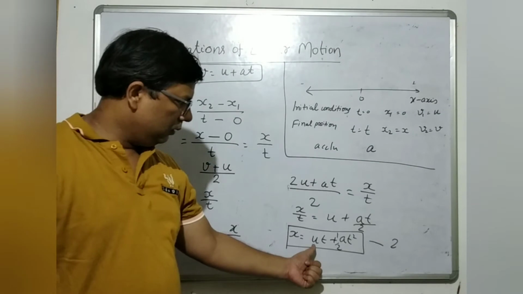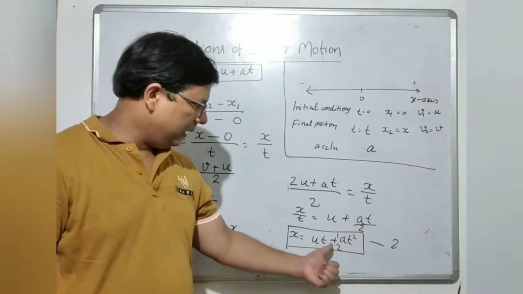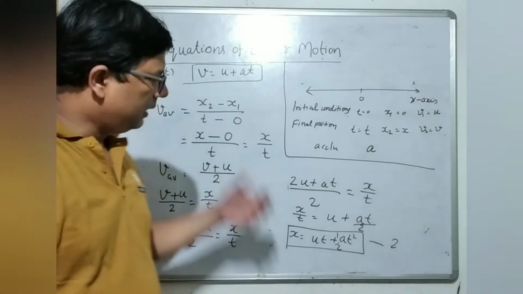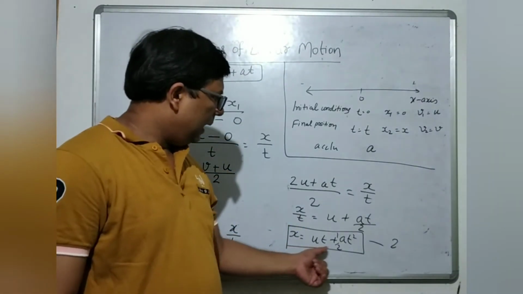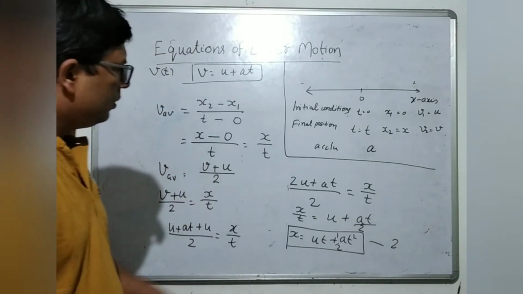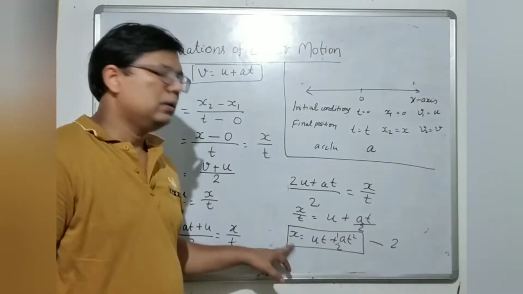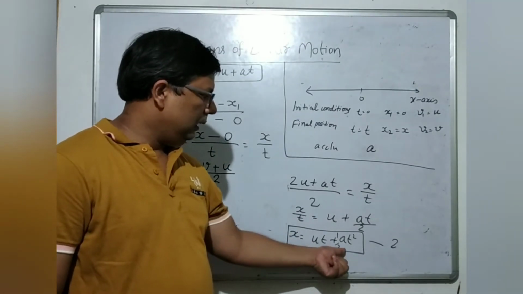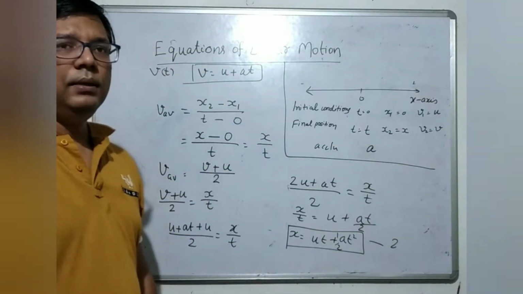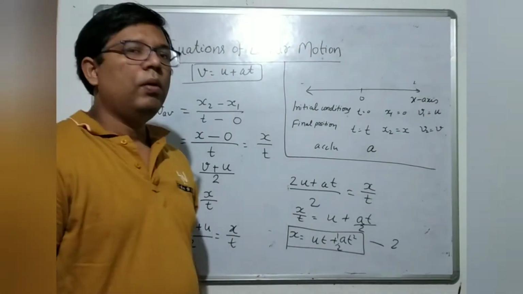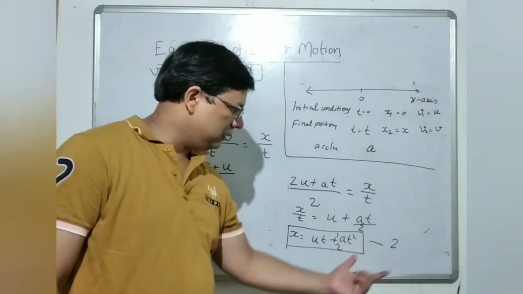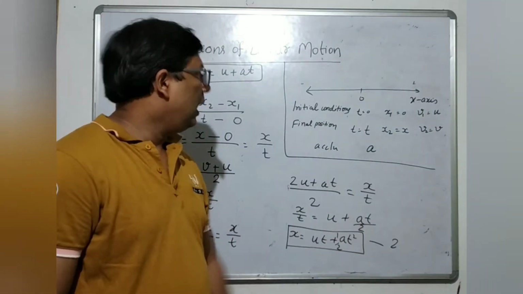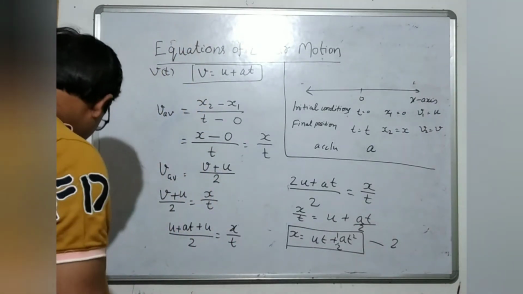Now you are familiar with u. u is the initial velocity, t is the time of motion, a is the acceleration that is constant during this period, and t is again time. So this will give you x is equal to ut plus half at square. See, u is constant, a is constant, so we are just getting x dependent upon time. It means as time changes, x also changes. So this x is ut plus half at square. This is our second equation.